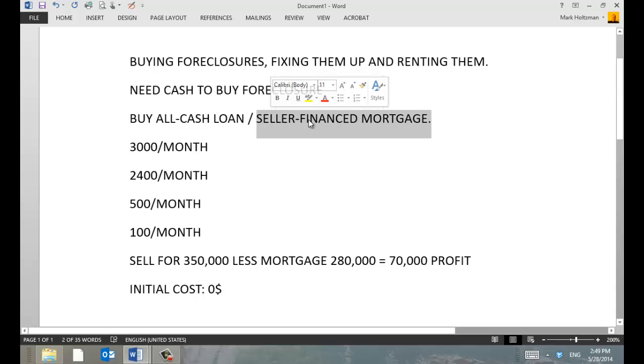So what they can do this way is they have a stream of cash flow. Think about it. Someone who's 60, 70 years old, has a 30-year mortgage, and is going to rely on a $2,400 check every month. That's actually almost better than getting all the money for the house. And what happens if the buyer isn't able to come through and stops paying? They can reclaim the house. They can foreclose on the house and take it back, and they still have their house. What happens if the